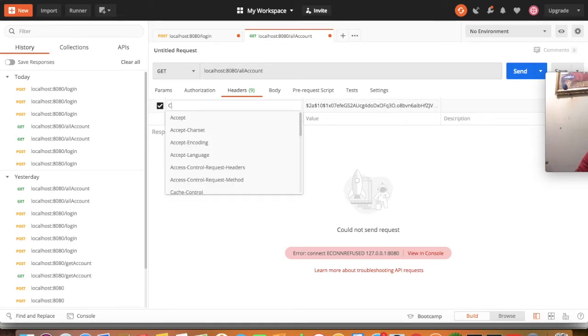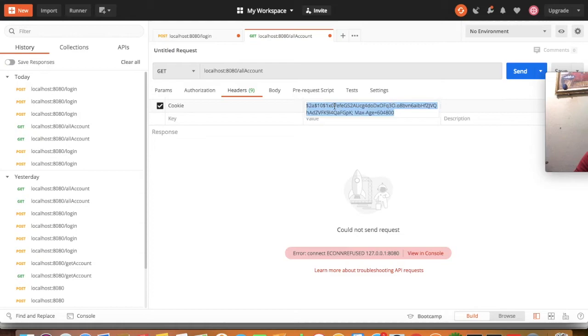If you type only C, automatically the cookie will appear. So you can see here cookie, then the value which you might have copied from the previous response, that you can paste over here, and you can send it to the server.